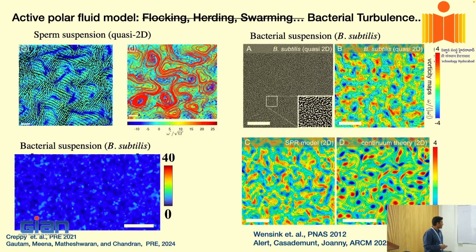Okay. Fine. Now, if you think about bacteria, this is another example of a bacterial suspension. Here, this is the velocity magnitude, not the vorticity field, and you can see structures are not very clearly visible, but the size of the spot, again, you can see that it is mesoscale, right? So this image is at the lower concentration.